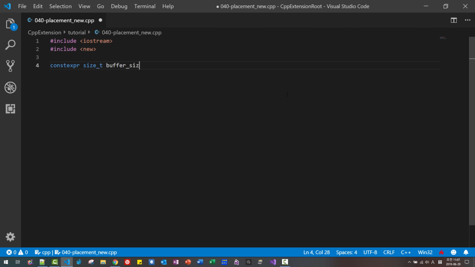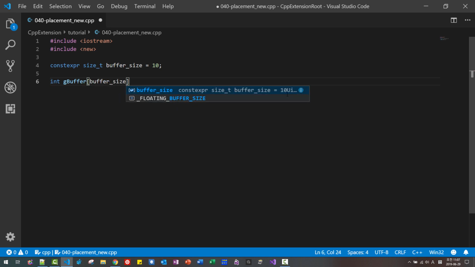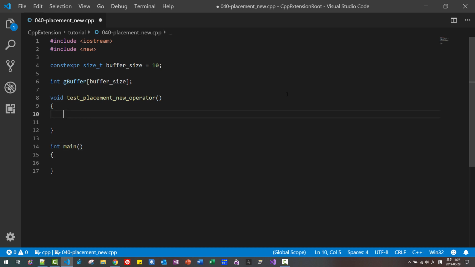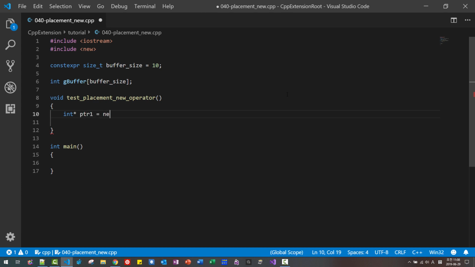constexpr size_t buffer_size. I will place 10, for example, int g_buffer[buffer_size]. This is the global buffer. void test_placement_new_operator. int main, int* ptr1 = new